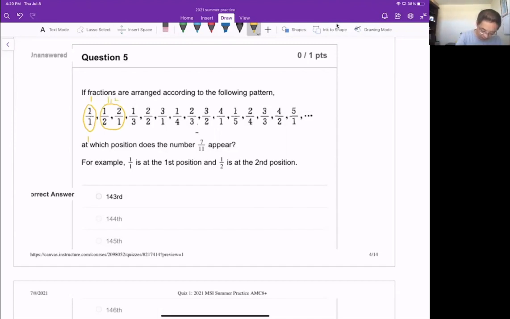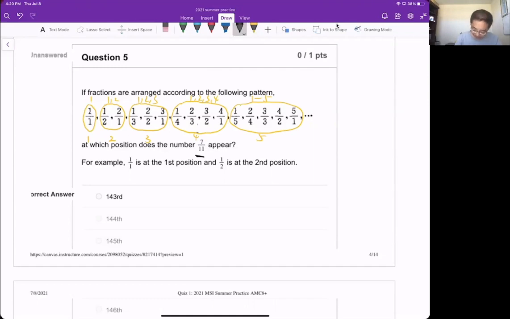So we have one number here, we have two numbers here, and then we have 1, 2, 3, right? You have 3 numbers here, and here we have 1, 2, 3, 4, right? We have 4 numbers here, and then we have 5 numbers here, right? Okay, we have 5 numbers here. So we can divide the sequence into those portions 1, 2, 3, 4, 5, and 6, and so on. Let's see at which section